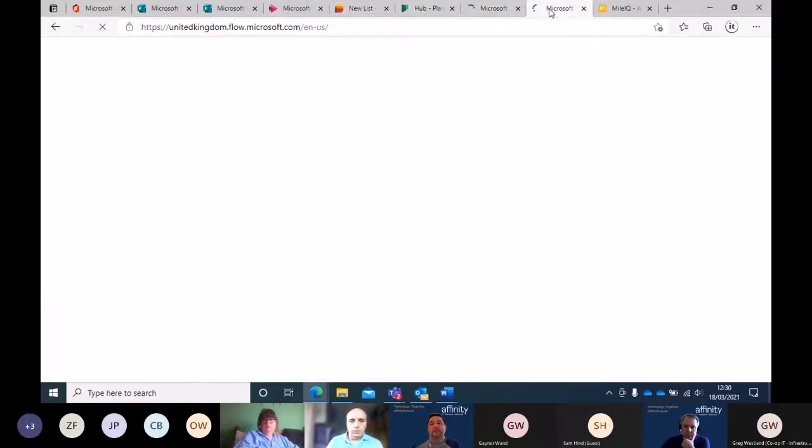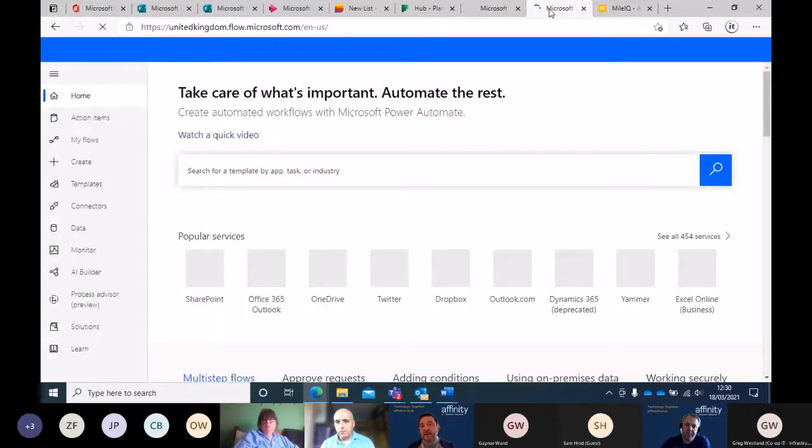Automate is workflows. You can create workflows. By the way, every single one of these apps can embed into Teams. So you can get them on the web, you can get them on your mobile phone, and you can get them in Teams. Automate is taking automation, so a workflow. So for example, if you need to do an approval process, if you want to have the responses for a form put on an Excel list or onto a SharePoint list or email to someone,